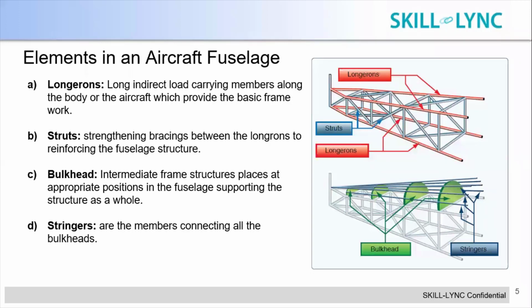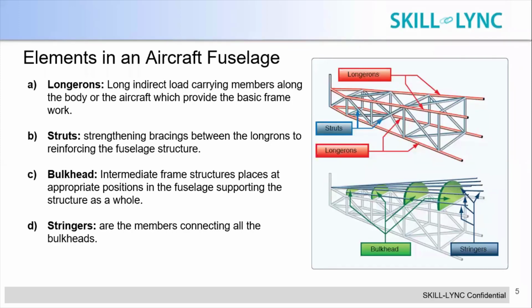stringers are the cross braces, you can call them braces, which strengthen by tying these longerons. Usually the longerons are four in number for smaller planes, and they might be more than that for bigger size planes, right? And these stringers are either welded or fastened to these longerons to keep them in position. And the entire structure is a very integrated framework